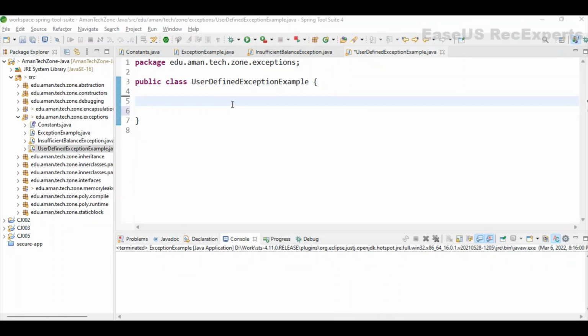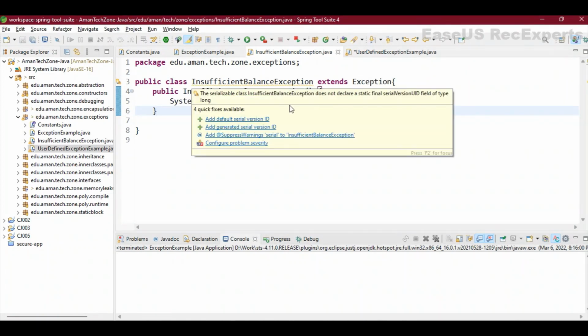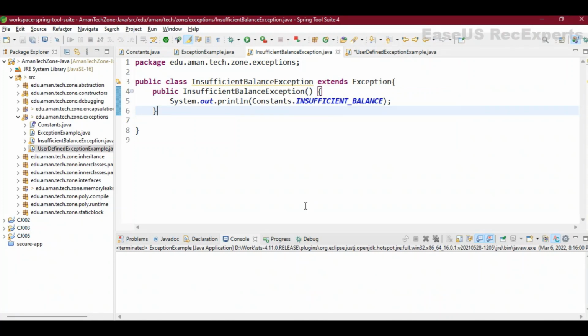Next is user defined exceptions. Just like we have arithmetic exception or other exceptions, we can define our own user defined exceptions as well. So let's take an example. Here I have created this exception, which is insufficient balance exception. Suppose it is a banking application, and to do some transaction, it is calling a method to verify the available balance, and if it is below some specific value or the required value, then it should throw this